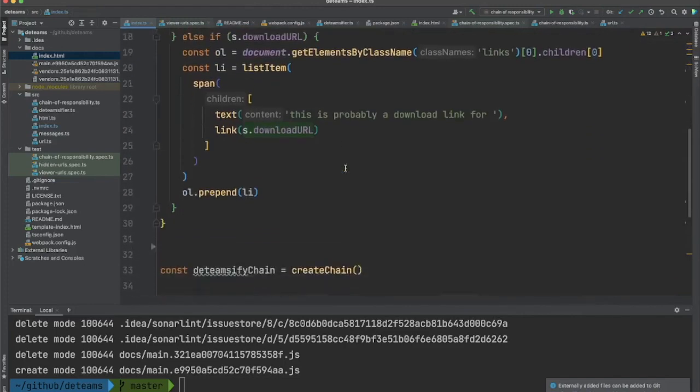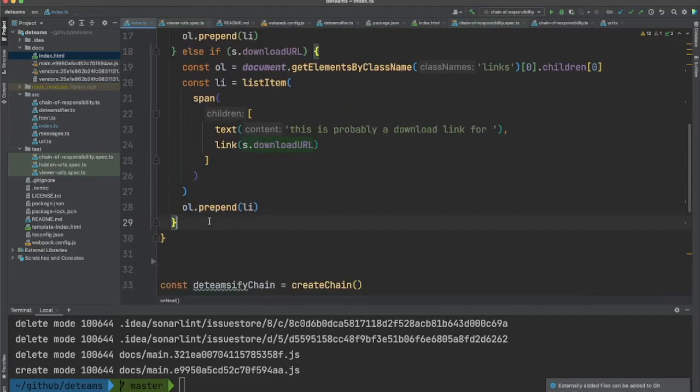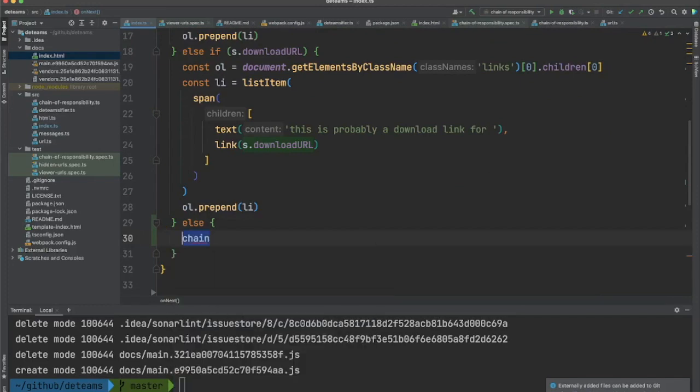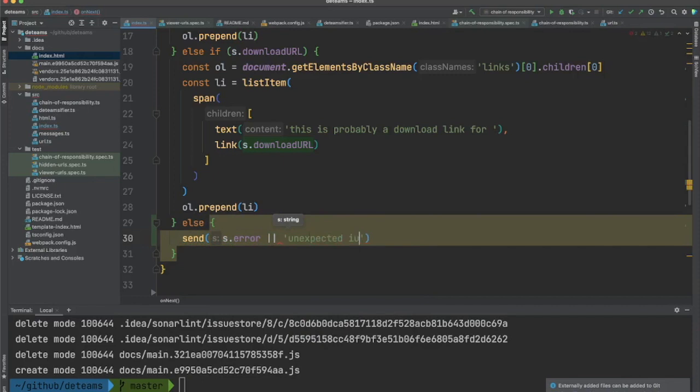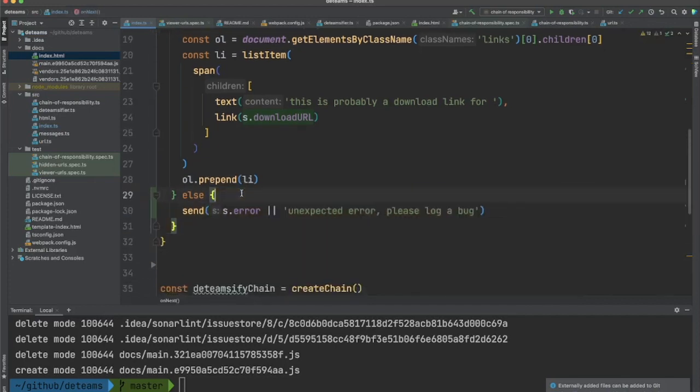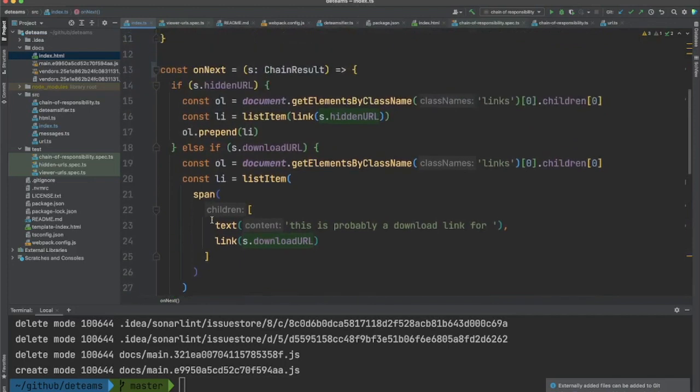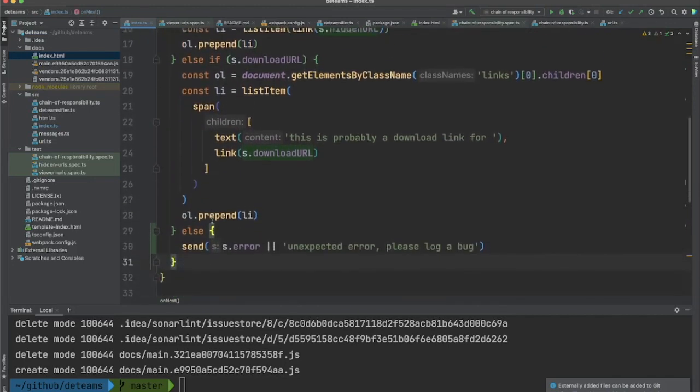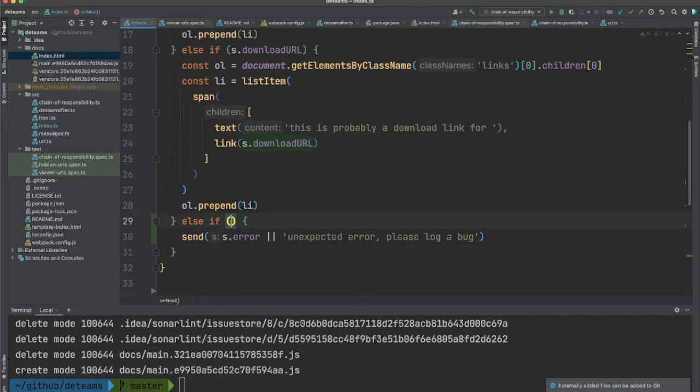We didn't learn our mistake from above, so we do need this case where we send s.error or unexpected error, please log a bug. Now I think I have to put that because we could say else if s.error, then